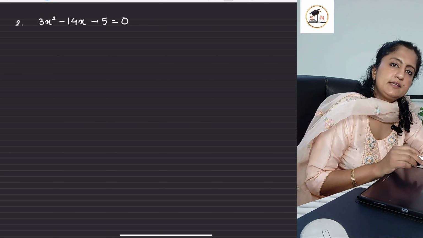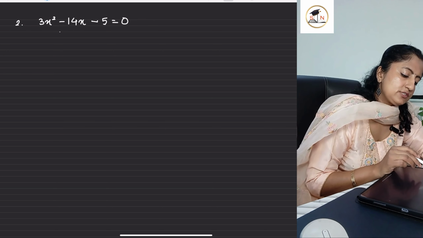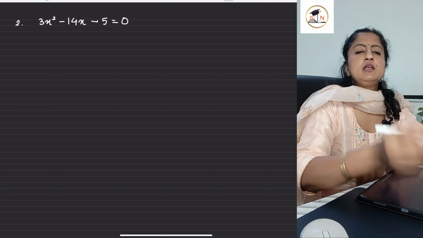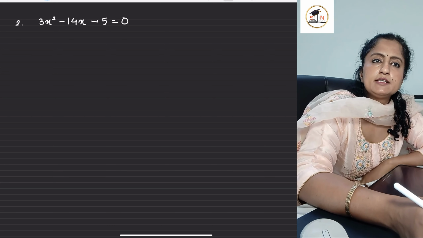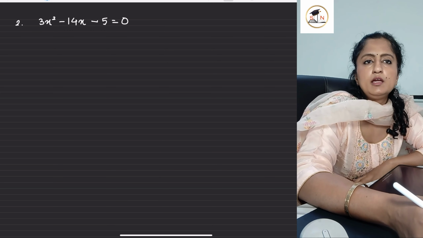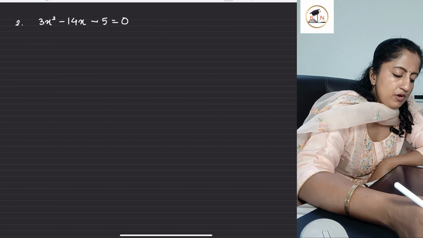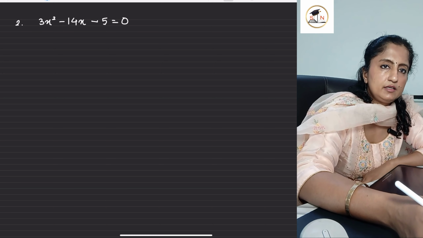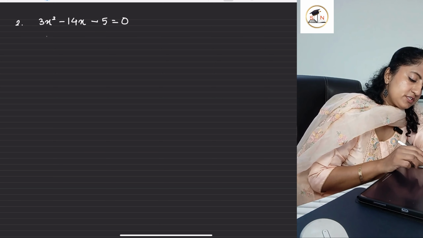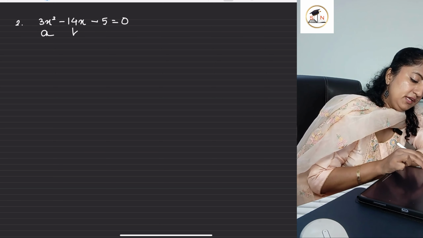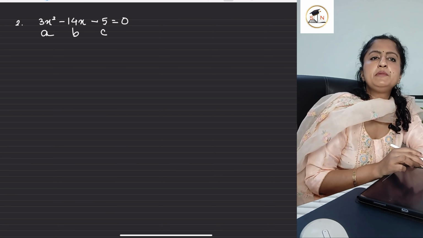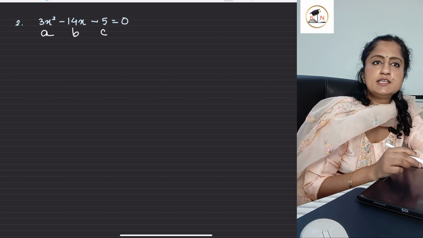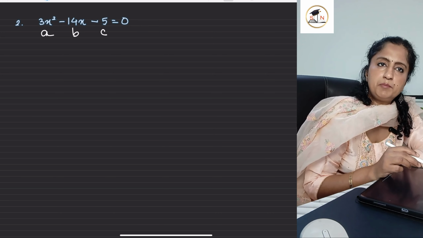So now we are starting with the next question. It is 3x square minus 14x minus 5 equals 0. Now in this question, we can either apply splitting or we can also apply quadratic formula. However, I am going to apply quadratic formula so as to teach how to apply it. Okay. Now, first I am writing a, b and c. What were a, b, c? They were the components of your standard form of a quadratic equation, which is ax square plus bx plus c,